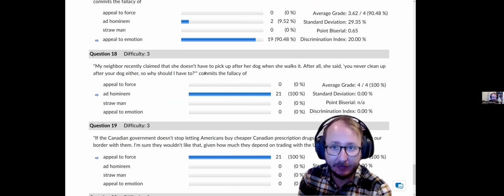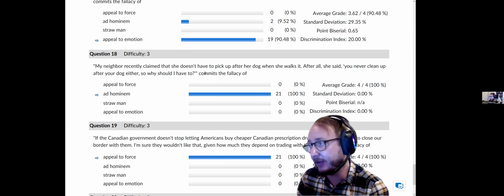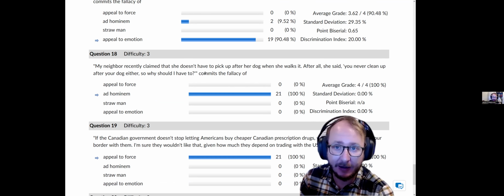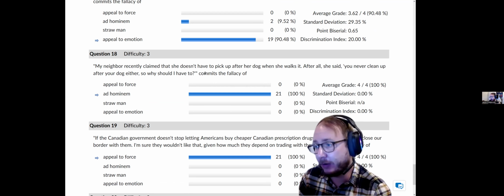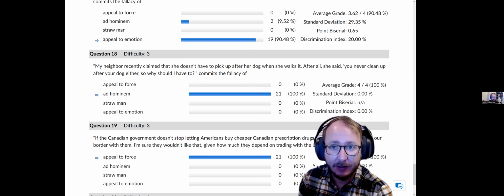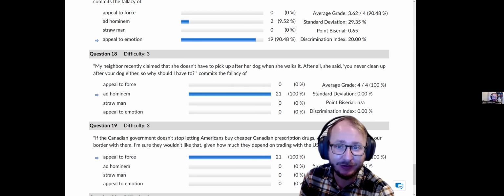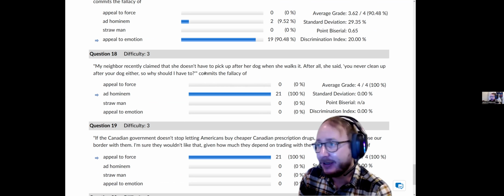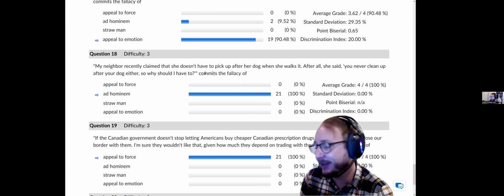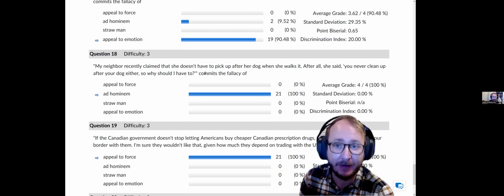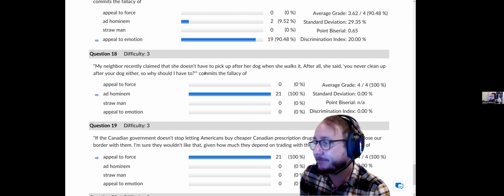Question 18, by contrast, even though it has the same conclusion, is basically an appeal to somebody's hypocrisy. It's a tu quoque. Look, if you don't do this, then why should I have to? Well, other people being hypocrites does not imply anything about the way you should act, right? You should act on your own principles, based on your best understanding of what's morally and ethically required of you, not conform your principles to the fact that other people fail to live up to theirs.